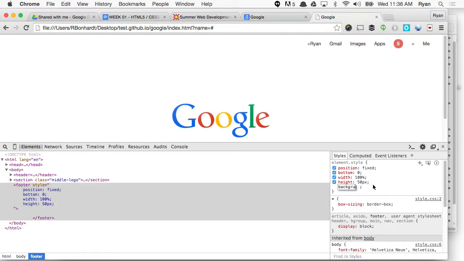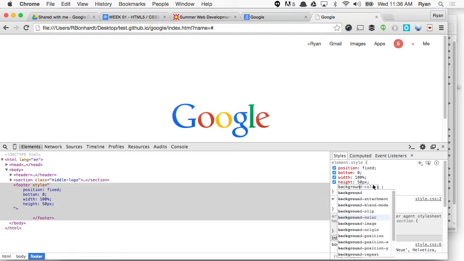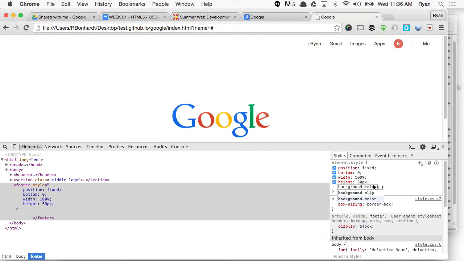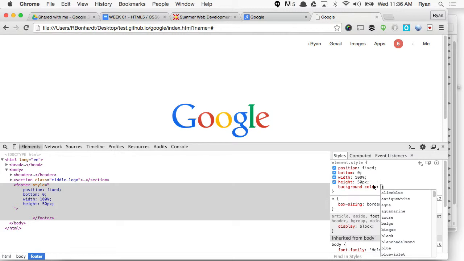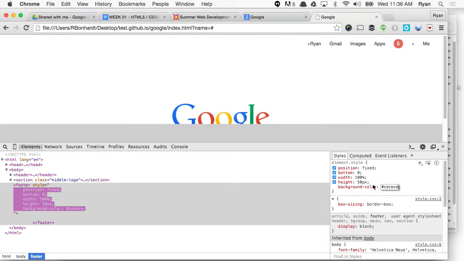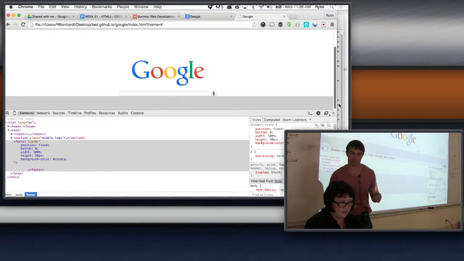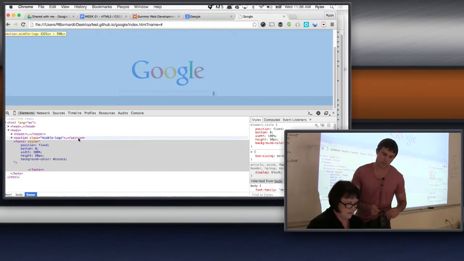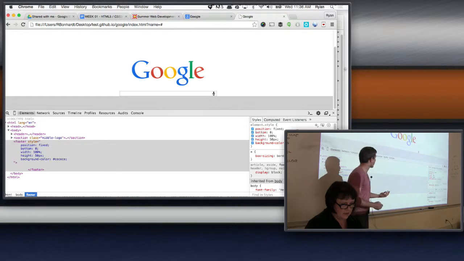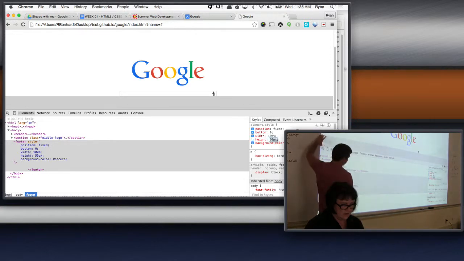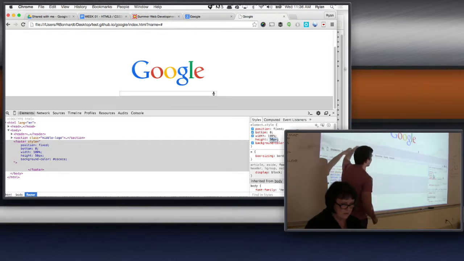Just go ahead and give it like, I think CE, CE, CE should do it. Yeah, we'll fix that color later. It's all working. So what we've done so far is we've given it a position of fixed, so it stays at the bottom. We gave